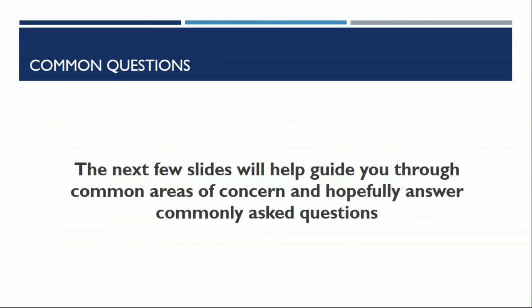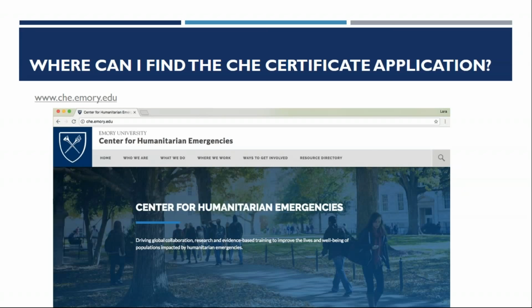Now, after so many years of doing this certificate, there are some common questions that I know you probably already have. So in the next few slides, we're going to help guide you through some of those common areas of concern and hopefully answer some of these commonly asked questions. Where can you find the application? We've made it very easy for applicants this year. You can go straight to the CHE website,